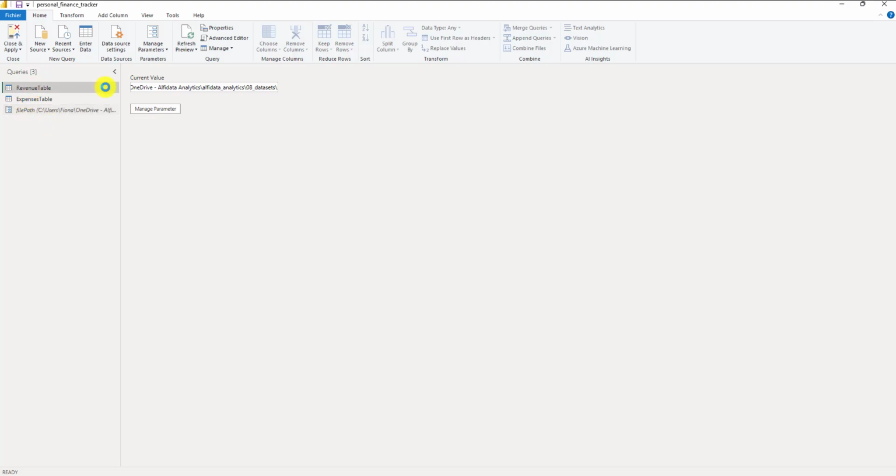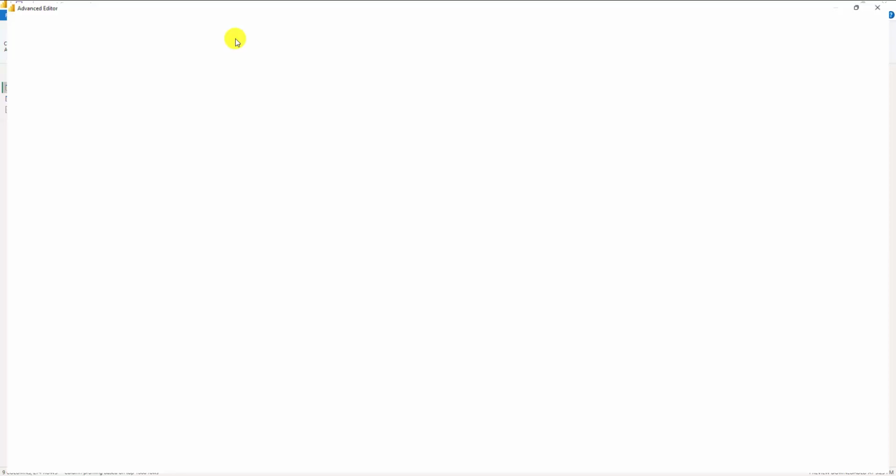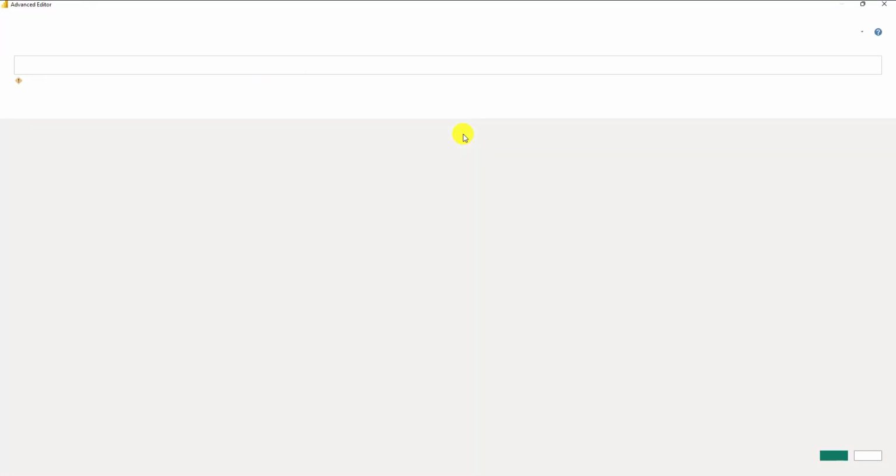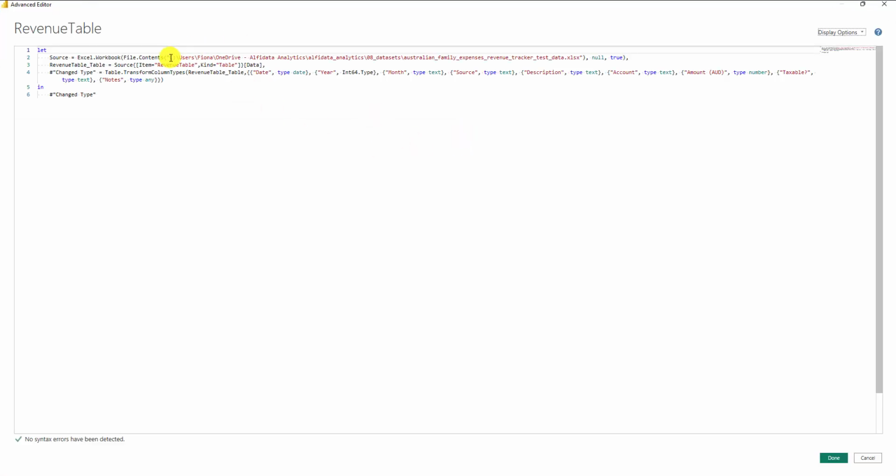Now I'll come back into my query over to Advanced Editor, and I will replace all this value here with the File Path parameter that I just created. Once you add that in there, of course, you'll get an error. So what we have to do is just put another double quote there